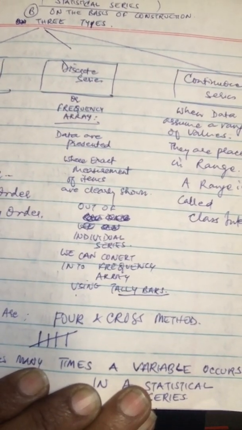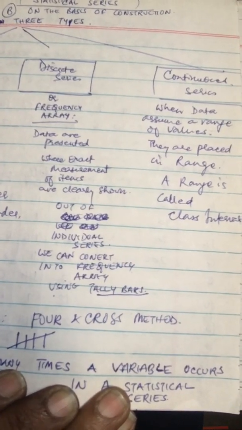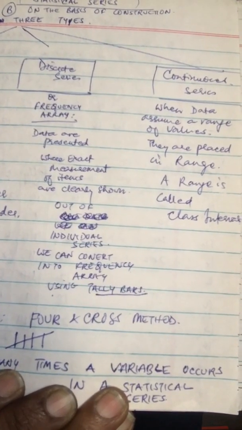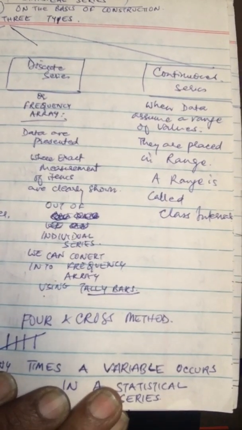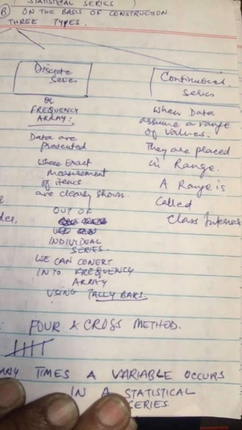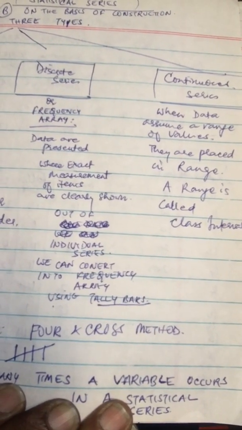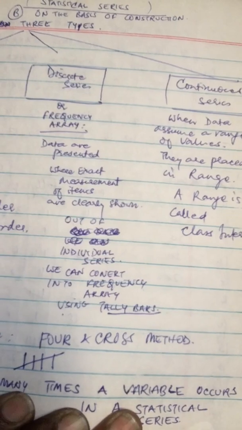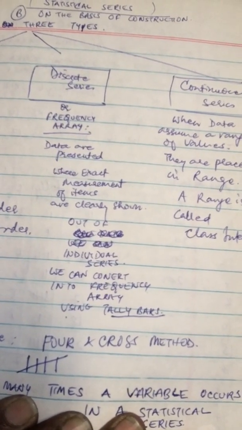Here the data are presented according to class intervals. So a frequency distribution is a comprehensive way to classify raw data of a variable among different classes along with the corresponding class frequencies. Okay, so the difference between frequency discrete series and class interval series is that in case